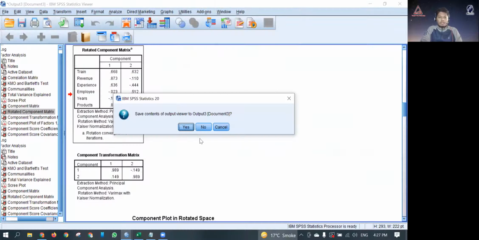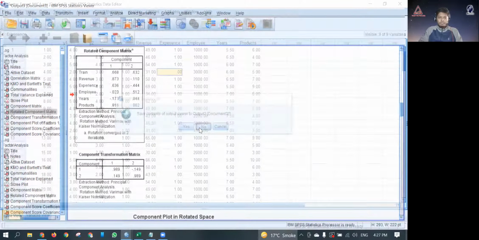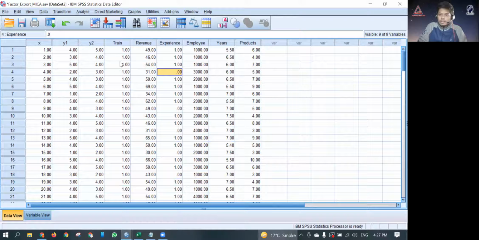So we have these variables given to us, and I'll do the SPSS part at normal speed. If you want to follow along, you can reduce the speed or pause in between, but just to make sure that the video does not exceed a long duration, I'll do it at normal speed.